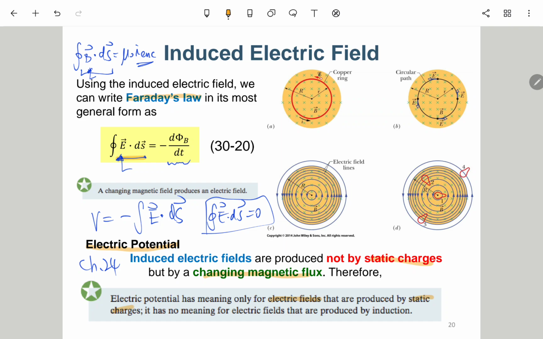It has no meaning for electric fields that are produced by induction. 所以要注意的是，如果你考虑的这个环境里面只有静电荷的话，那你去想这个才会对。如果你现在有一个时变的磁场，时变的 B field 去产生电场的话，那你再去考虑这个的话，肯定会想错，肯定会错的。因为在24章的这个环境底下，我们是有这一个的结论的，就是